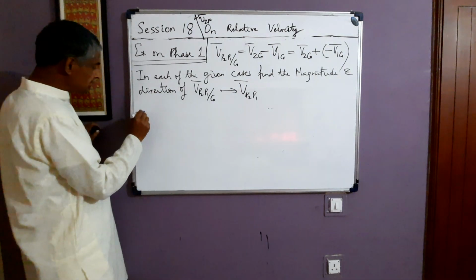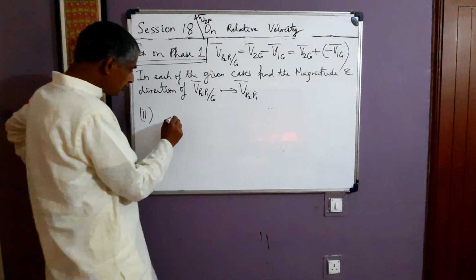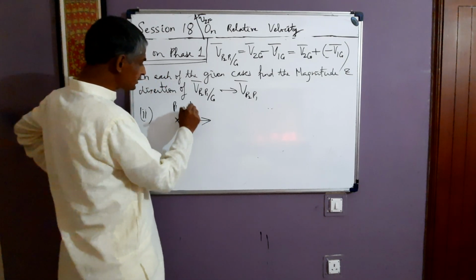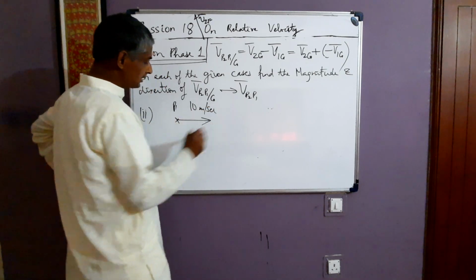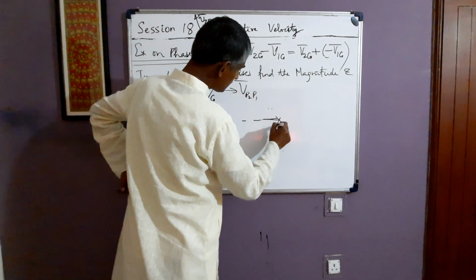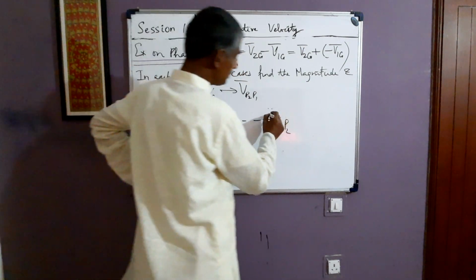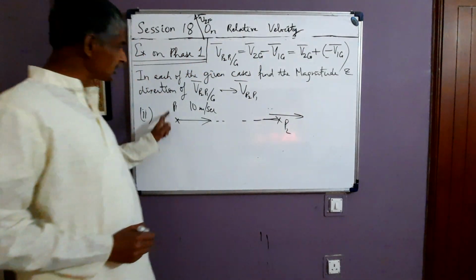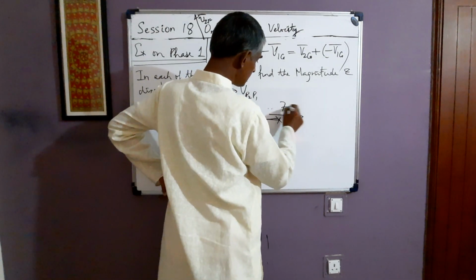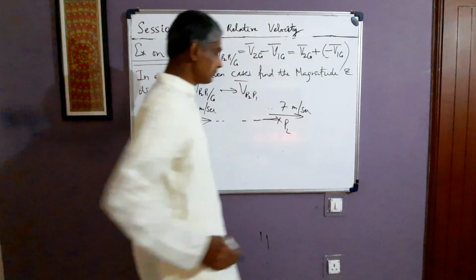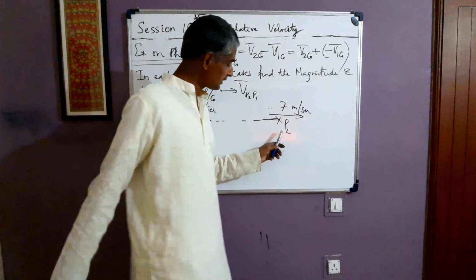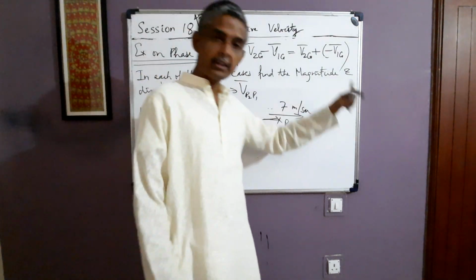Now the second example we take in this way. Suppose P1 is here. P1 is having a velocity of say 10 meter per second with respect to ground in rightward direction. Here P2 is situated. P2 is also moving with respect to ground in the same direction as P1, but its speed is less than 10. Suppose its speed is say 7 meter per second with respect to ground, in rightward direction.